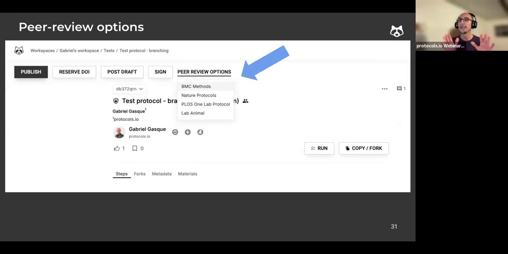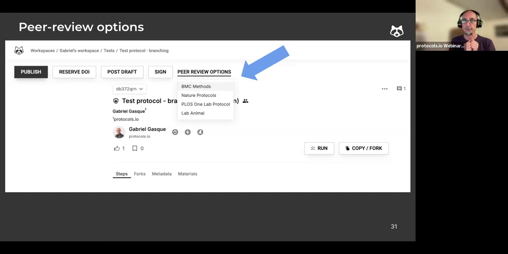Now, each journal has a different scope and different editorial criteria, but we offer you 4 options for you to choose. Now, I want to clarify that if you have a publishable protocol, you do not have to necessarily submit to any of these 4 journals.